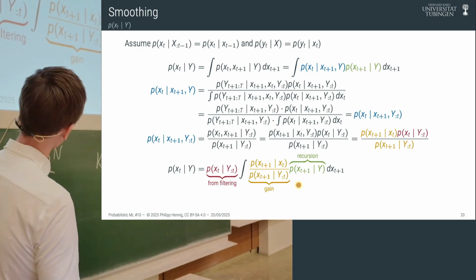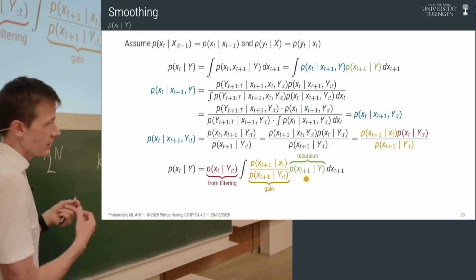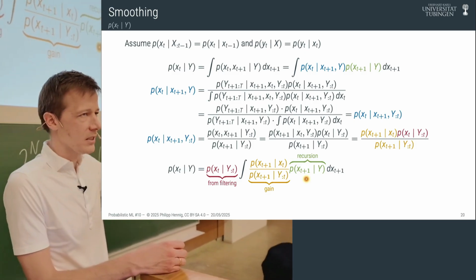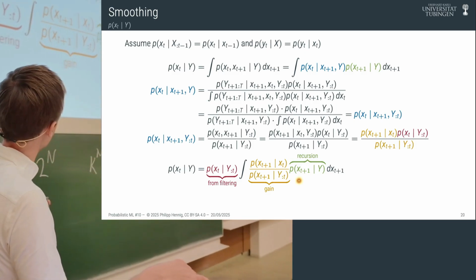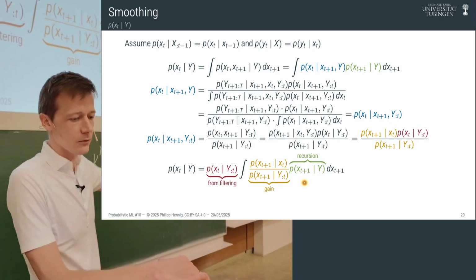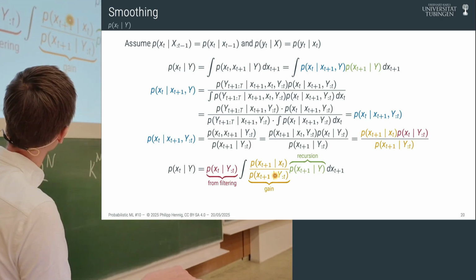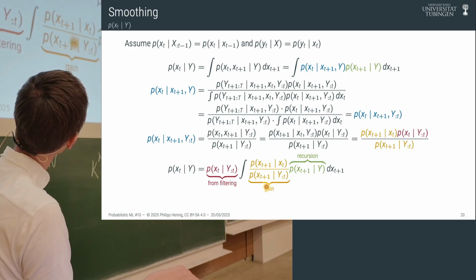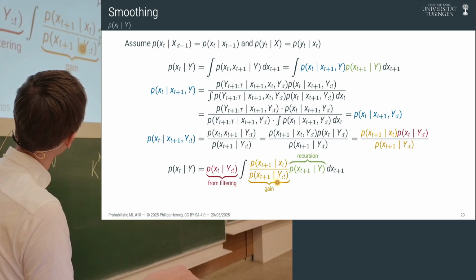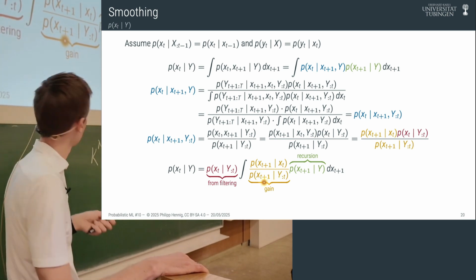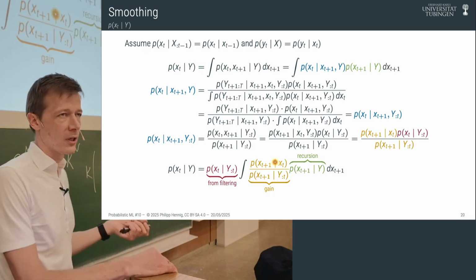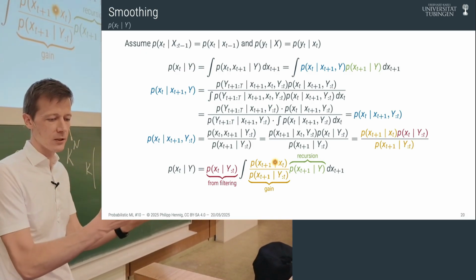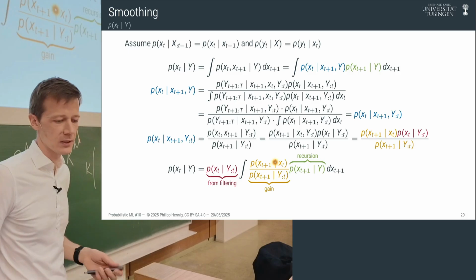And then in this integral, we have the quantity that is one step ahead in the induction, xt plus 1 given y. So that's our tail, the recursion tail. That's where we can continue the algorithm. And then a local term that only depends on two terms that we can locally control. So this is something that we have from filtering, right? This object we have computed from Chapman-Kolmogorov previously in filtering. And this is a thing that we get from the model, the local Markov object, the Markov kernel, if you like, xt plus 1 given xt.